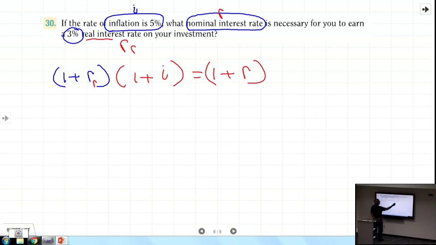So we have to solve for the nominal interest rate. What will be the nominal interest rate necessary if you want to earn a real interest rate of